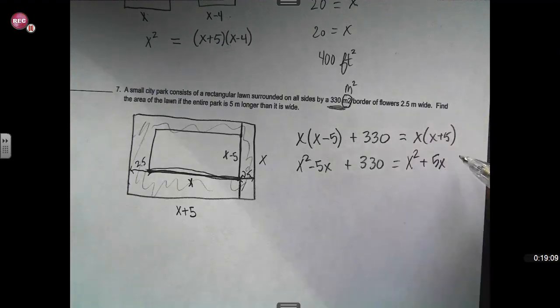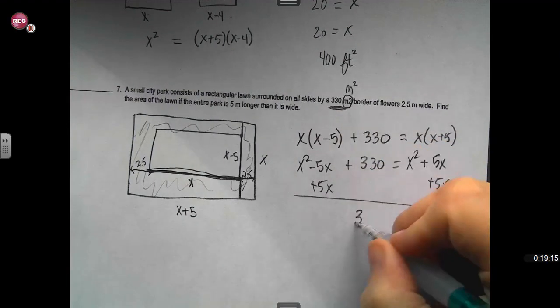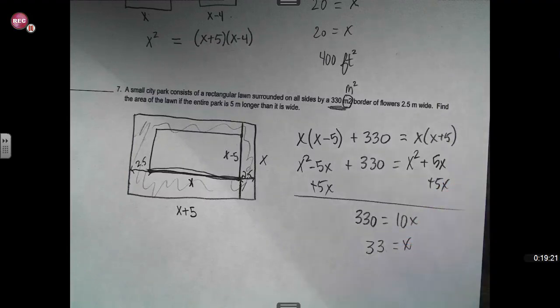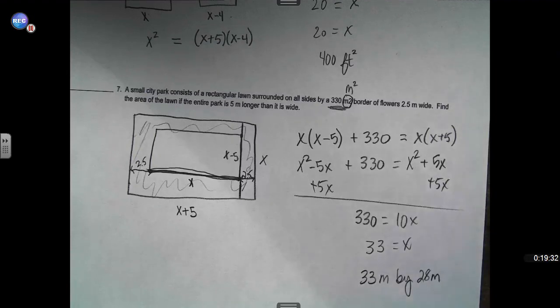Again, the x squareds drop out. I'm going to add this to both sides, and we get 330 equals 10x. X is 33. And we're supposed to find the area of the lawn. Well, the lawn is 33 meters by 28 meters. And I'm not going to do that in my head. Area then would be 33 times 28. And I get 924 square meters